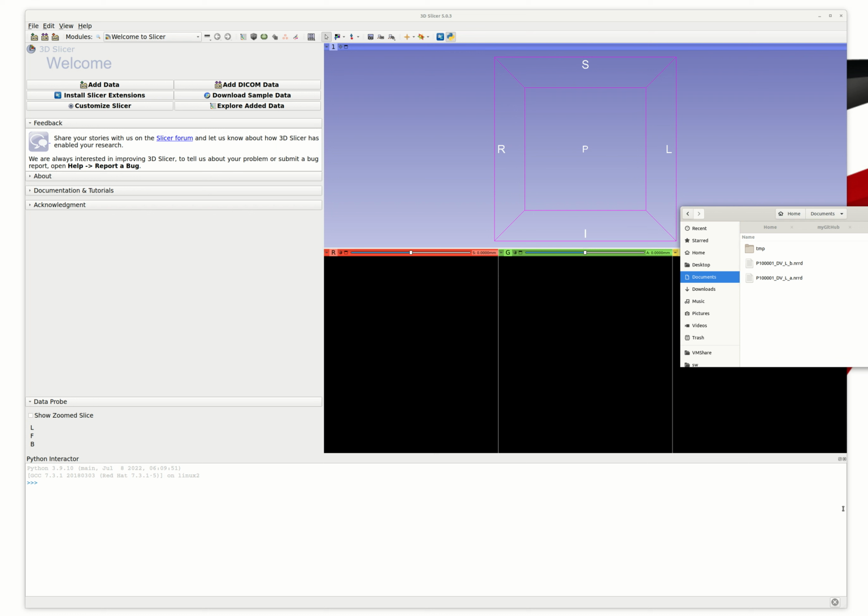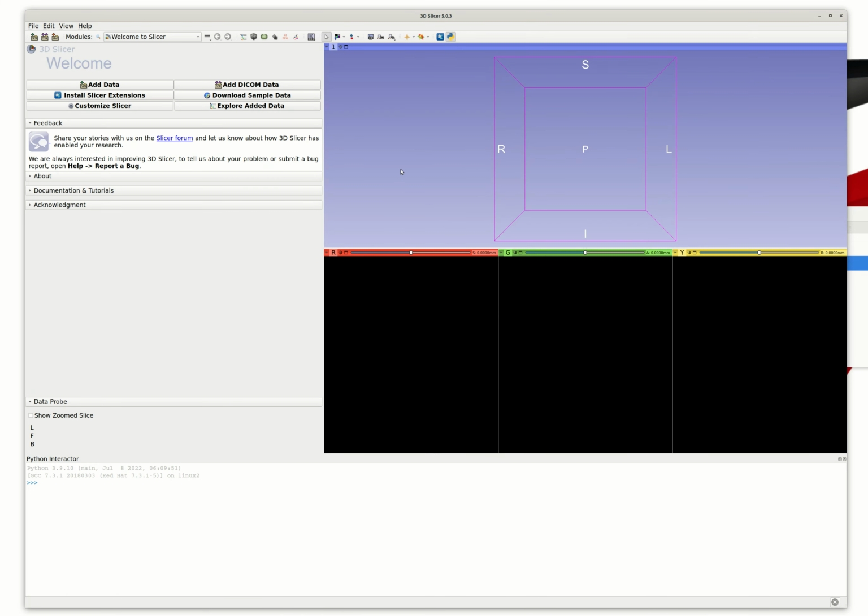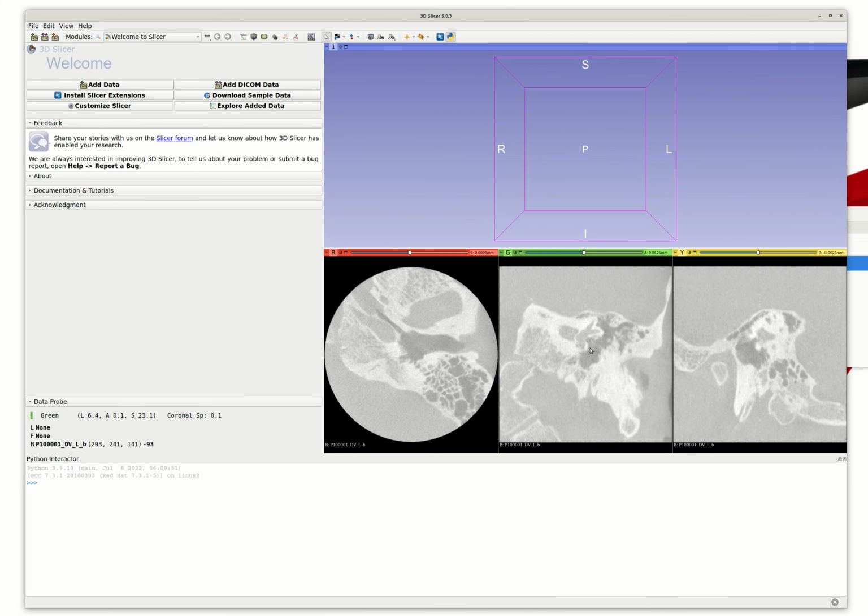Hello everybody. In this tutorial I'll show you how to do cochlea segmentation and measure different cochlea lengths and volume using the SlicerCochlea extension. I have here an RRD volume, cochlea volume. You can just drag and drop it into Slicer and you will see the image here. So this is a CBCT image,